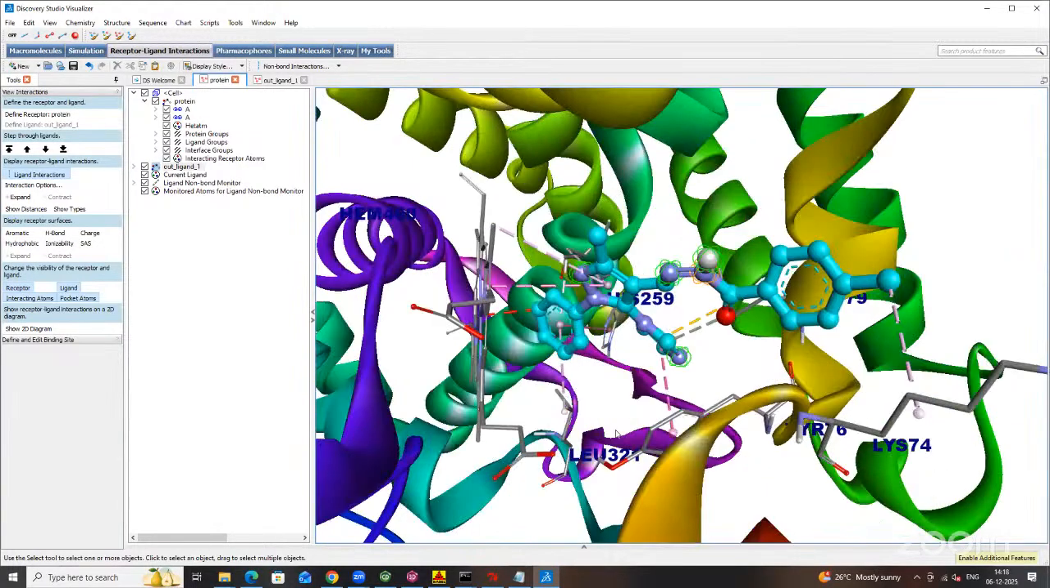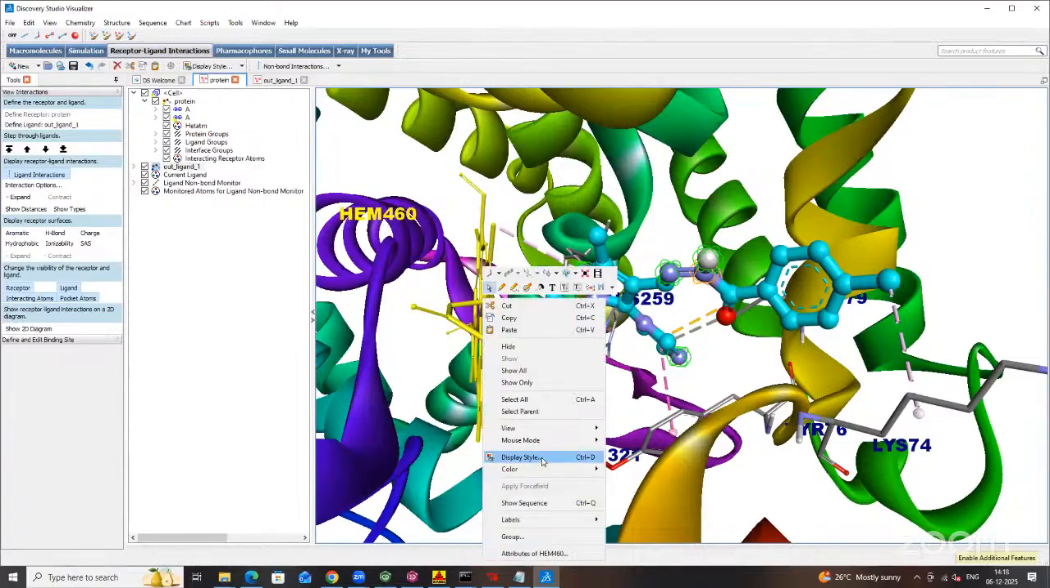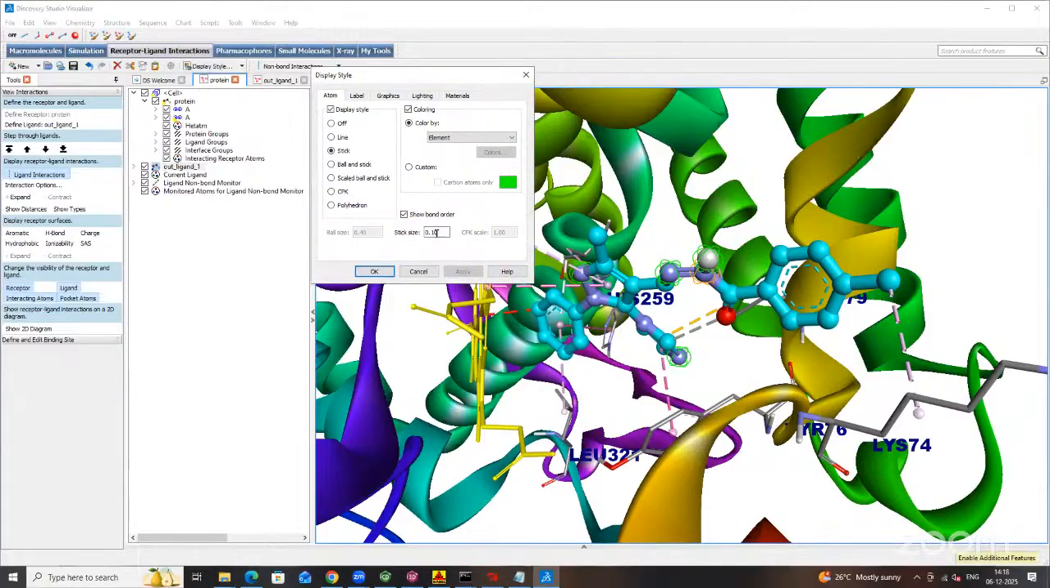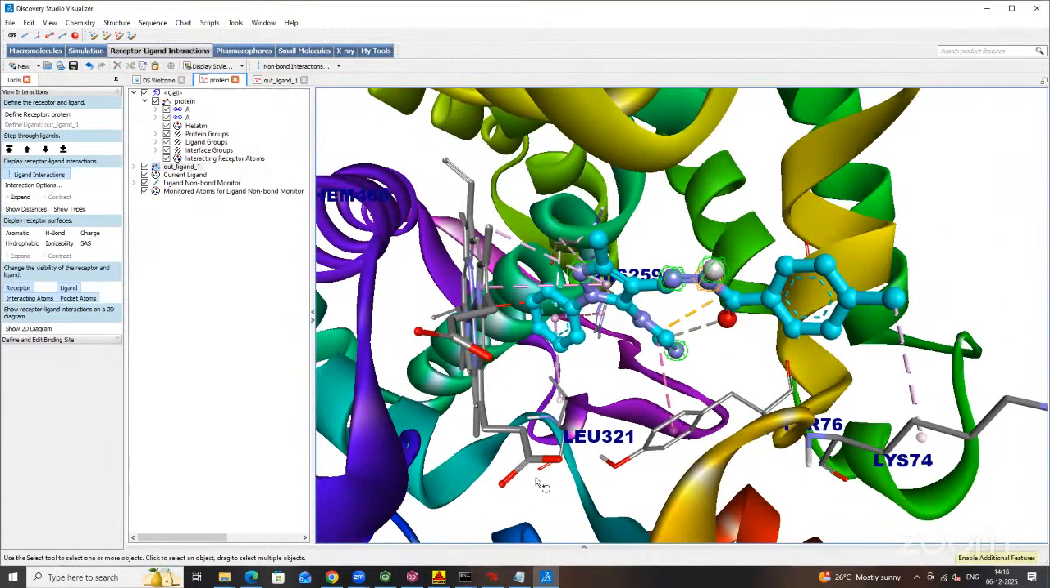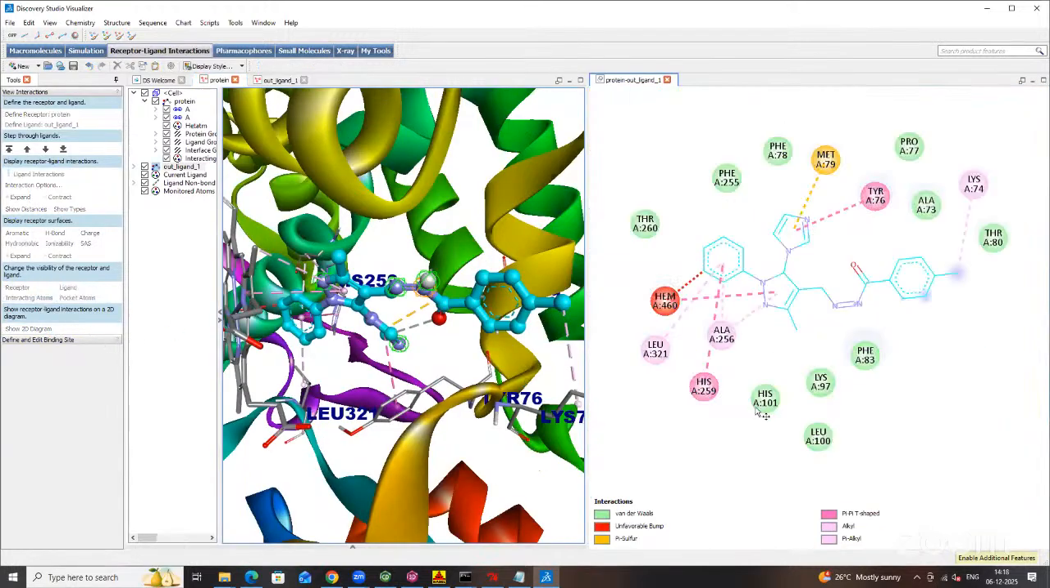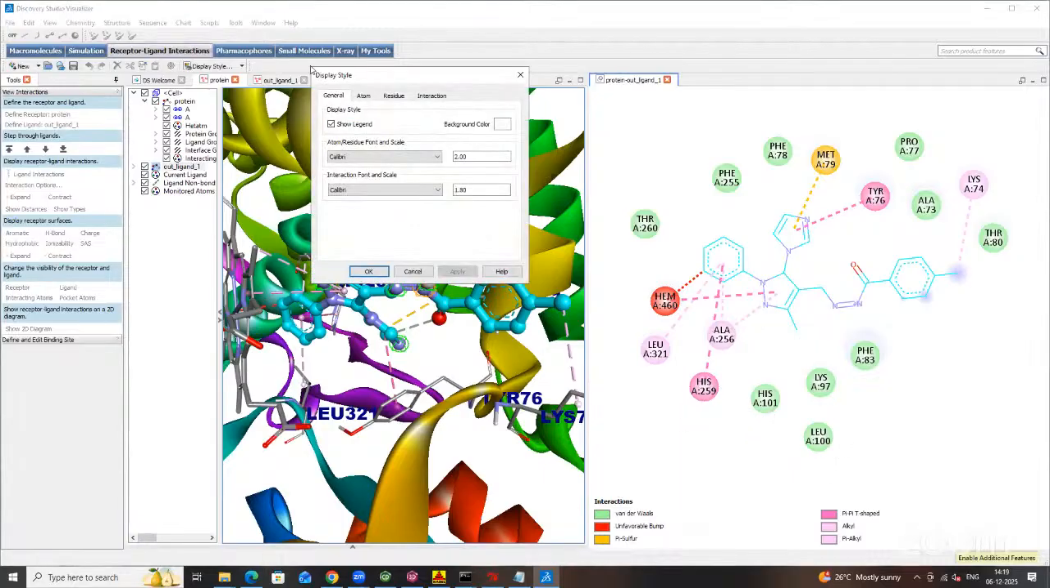Whatever you want, you can change. If I want, I can change this also, this style, if I thought it should be like this. Now I can go for the 2D diagram that you require for the publication. This diagram I have reported in PPT, that's why I have taken this one. So again here you can change the